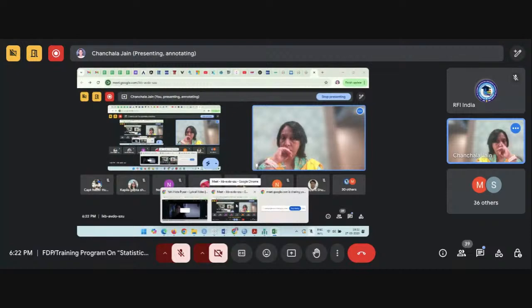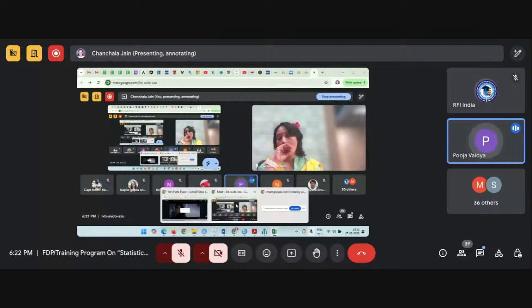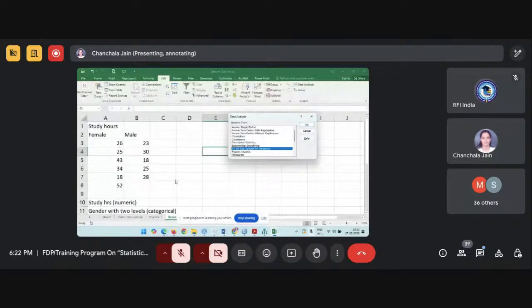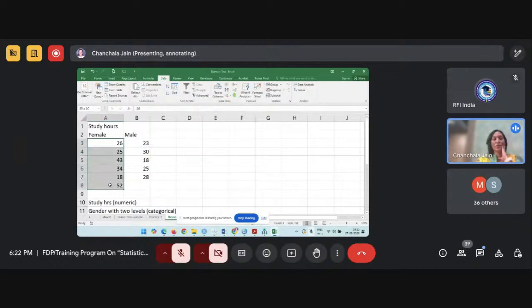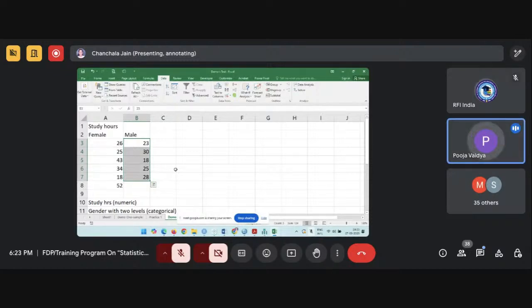Ma'am, as per the F-test of two samples, we have observations 6 and 5 and the degrees of freedom show 5 and 4. The F critical shows 6.25. So we can go with unequal, na? Okay, I don't know what you are saying to me. I think you are saying there are a total of 6 observations. No, no, no. Ma'am, we have done the way you said. If you do not understand, you can go with F test.